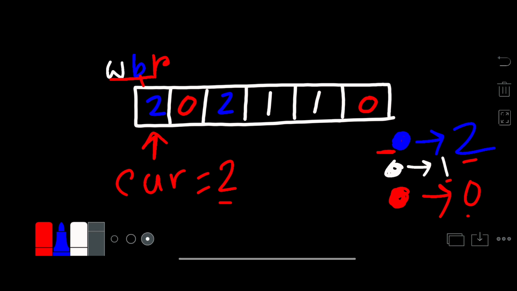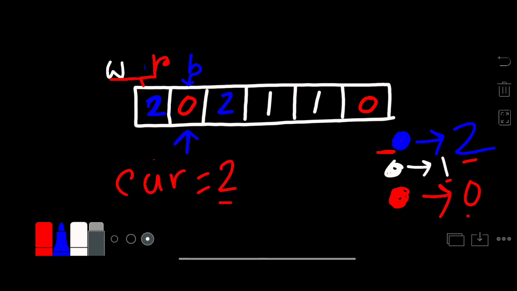This is already 2, and after updating this value we will increment the pointer of blue. Now blue points to index 1. 1 is not greater than the current value, and 0 is also not greater, so we'll move to the next element.